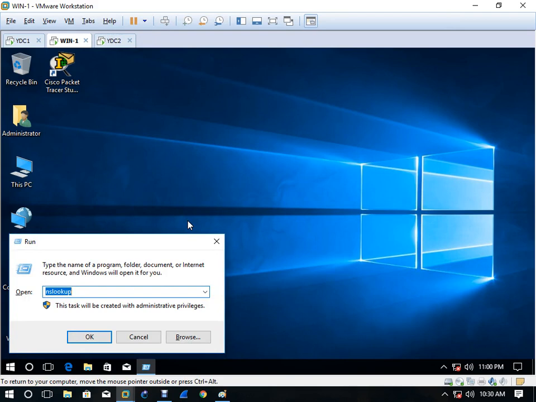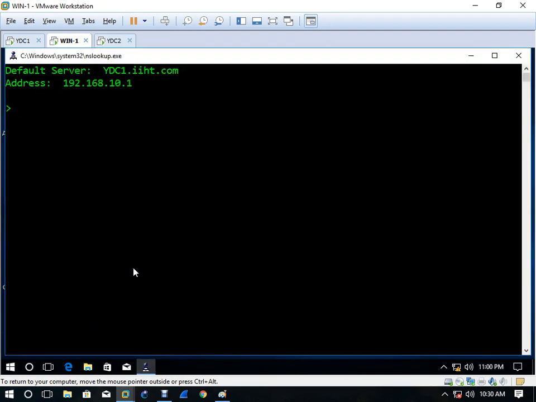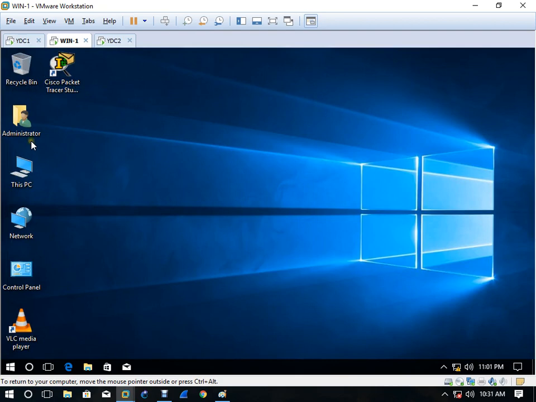Now put NS lookup. When this will come up, now put NS lookup. Now it is working, right? So when NS lookup is working, it means this computer is eligible to join the domain as a client. So right click properties,